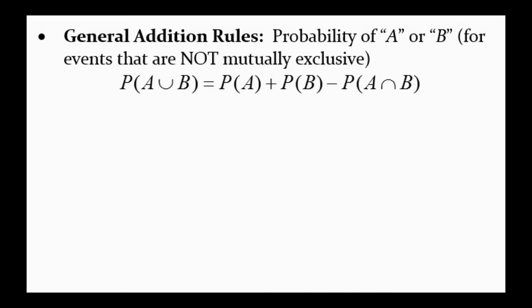What's the probability of you having 6th block PE, you having 7th block history class? There are going to be more than one person who has those things happen, right? It can happen, right? They're not mutually exclusive. When we have situations like that, we have to include the minus at the end. The minus in the end is for overlap,